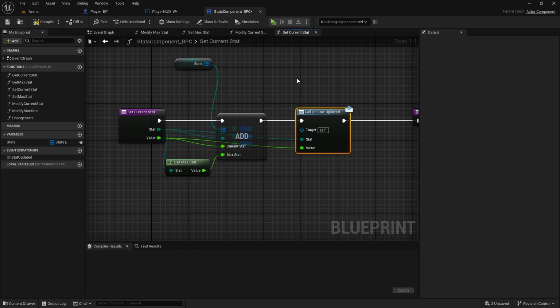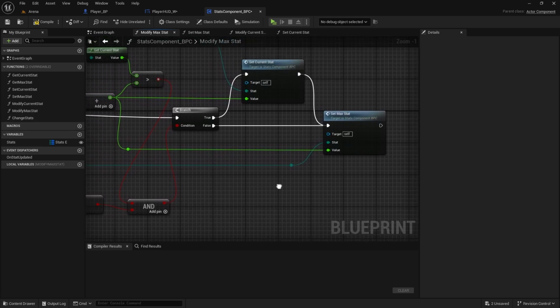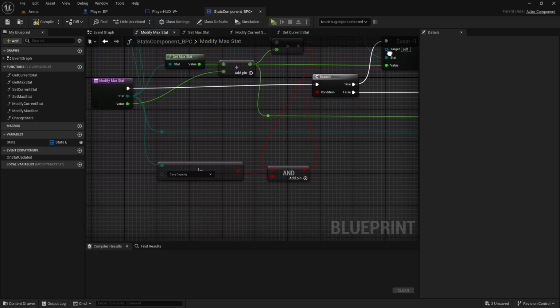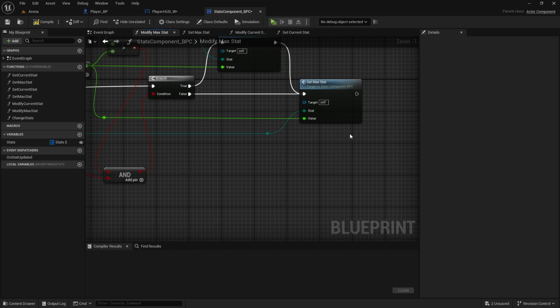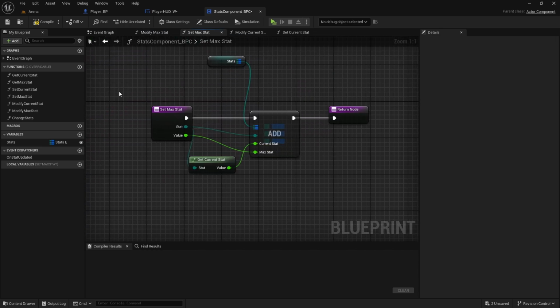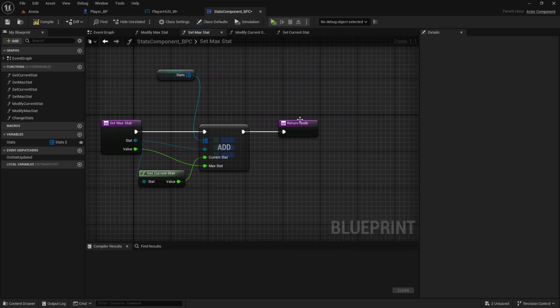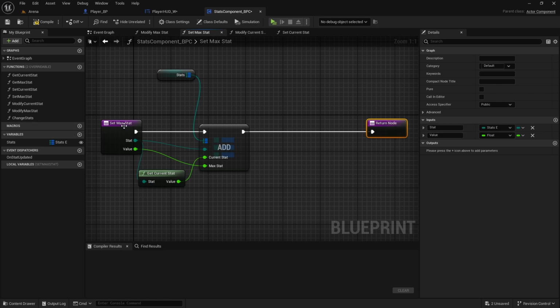And there is one way it won't update, and that is if we modify our max stat value. So if we, for example, equip the item that has a max stat on it, because if you go to modify max stat, it doesn't use the set current stat, only in this way when it's carry capacity, so it doesn't matter. Or if you go to set max stat, it doesn't use it either. So instead of setting it up again, and we would have to change the variables as well to different things and then do if checks and stuff, what we can do is in set max stat, we will set current stat,